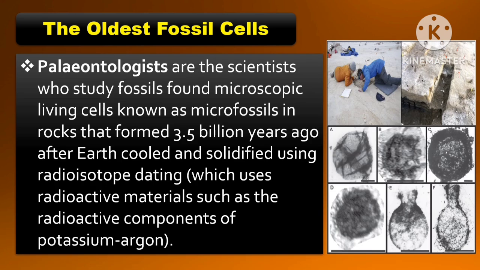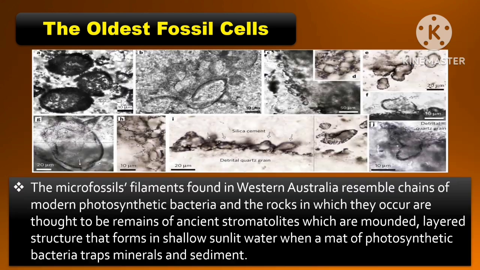Paleontologists are the scientists who study fossils. They found microscopic living cells known as microfossils in rocks that formed 3.5 billion years ago after Earth cooled and solidified, using radioisotope dating, which uses radioactive materials such as the radioactive components of potassium-argon. The microfossil filaments found in Western Australia resemble chains of modern photosynthetic bacteria, and the rocks